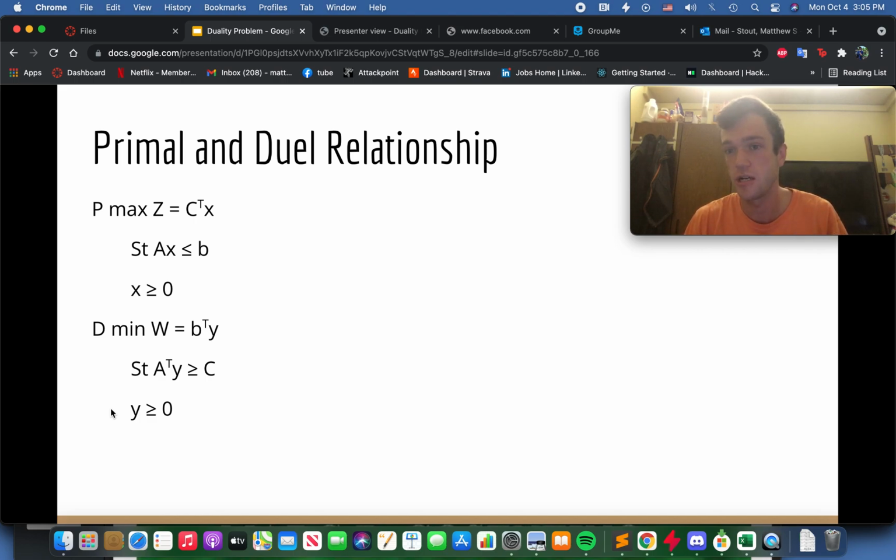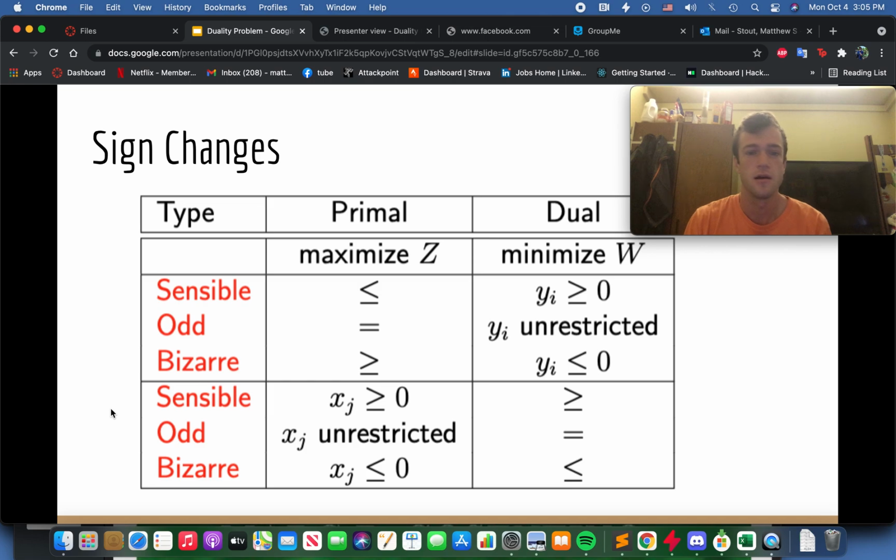Moving on from the primal and dual relationships, we're going to look at different greater than or less than sign changes. This can be tricky. I still probably need to do a little practice, but moving the primal to the dual, a maximum of a primal transitions to a minimum of a dual. Most constraints for a maximum would be less than or equal to, and therefore those are sensible. But if you move a less than or equal to constraint to the dual, it will